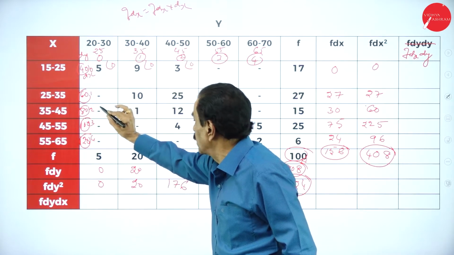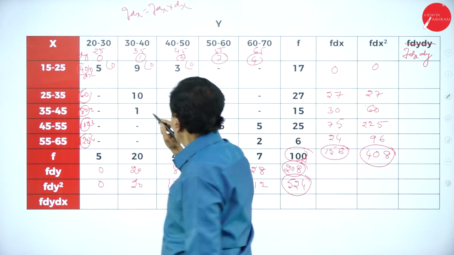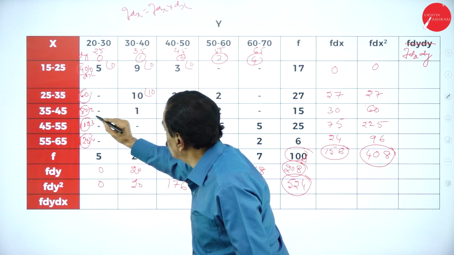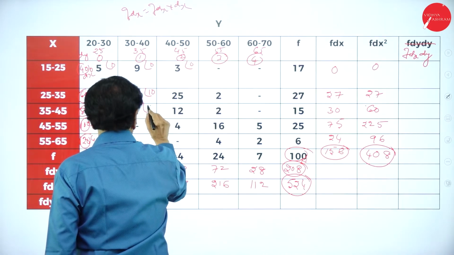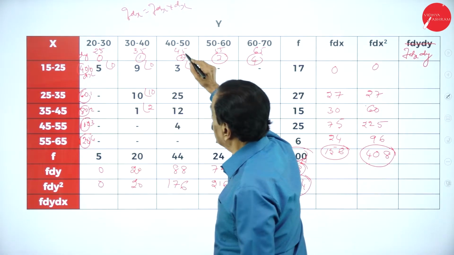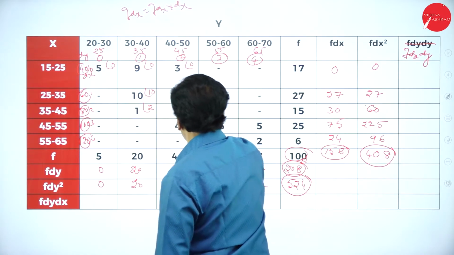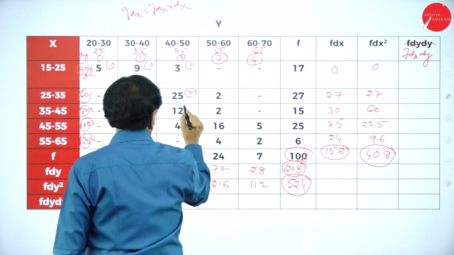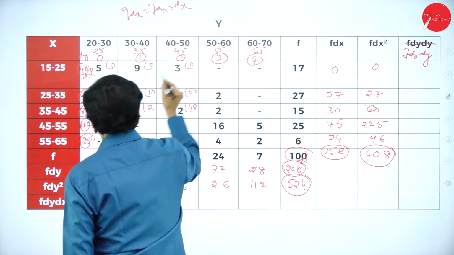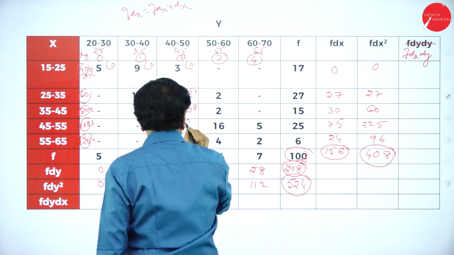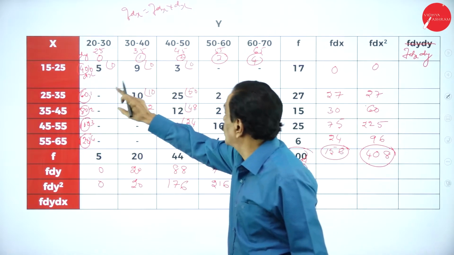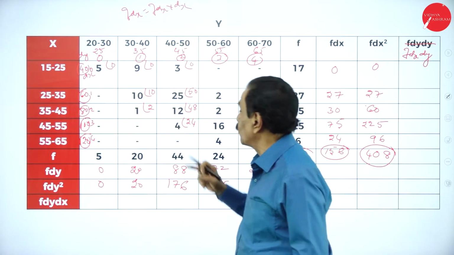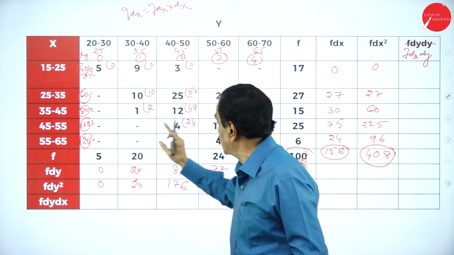1 ones are 1. Slowly do. 1 tens are 10. 1 twos are 2. 2 ones are 2. No number is there. Come back here. 2 into 0. 2 ones are 2. 2 25s are 50. 2 twos are 4. 12 fours are 48. 2 threes are 6. 6 fours are 24. See that 2 0 0.